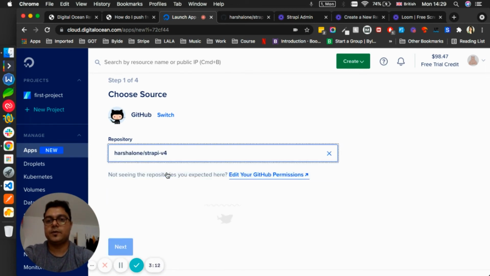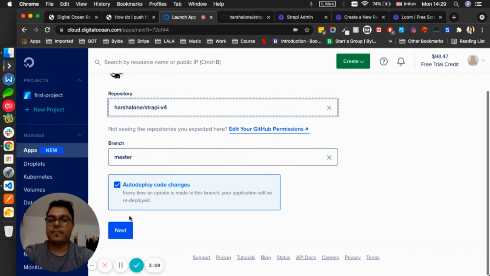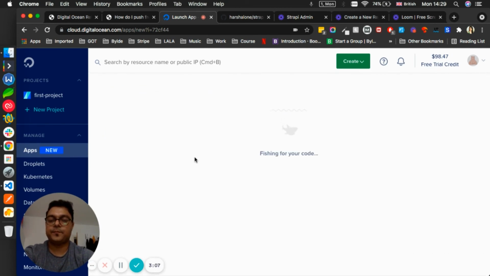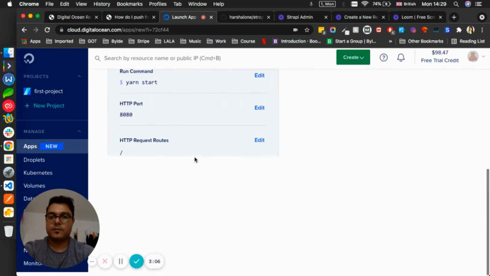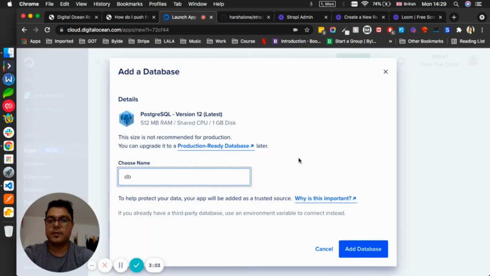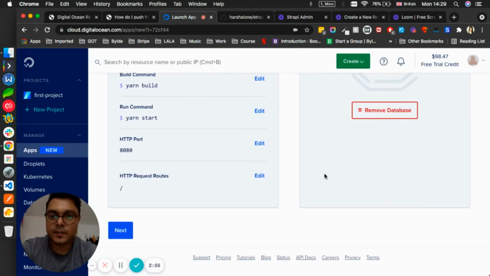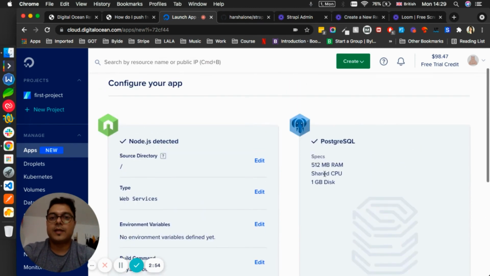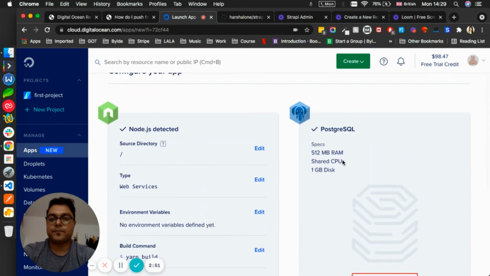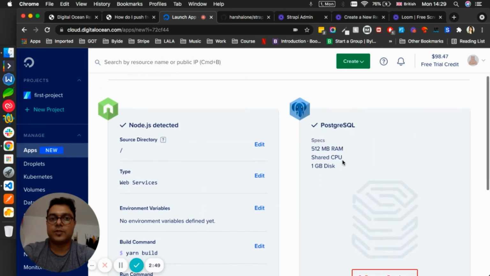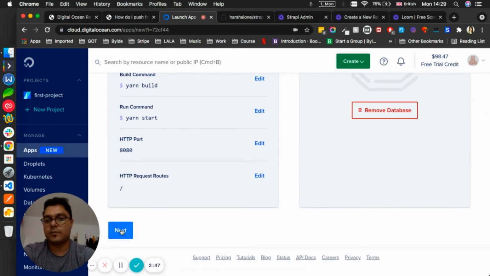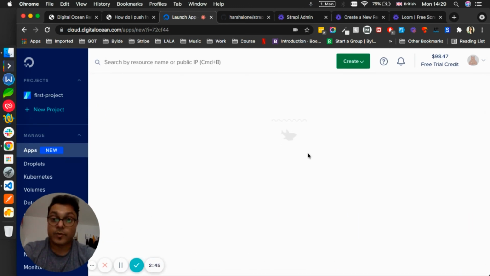version 4. Next, then add database. I'm going to call it Strapi database, and it will automatically add it parallel to your application, and it will automatically configure it. You don't have to do anything